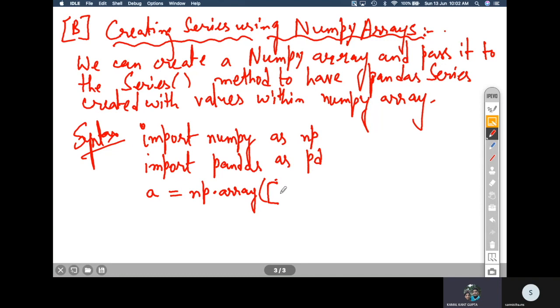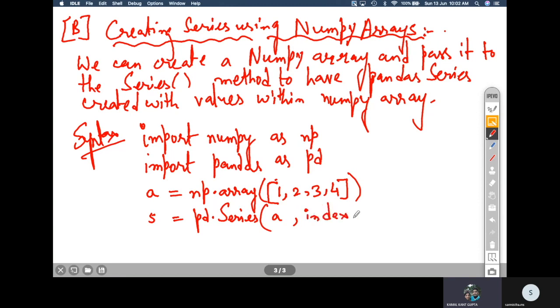So let us create it, for example, something like 1 2 3 4. This creates an array a, and now you can create a series s. You can write pd dot Series, keeping S capital, and you can pass here a. Instead of passing a list, you can pass this array, and then you can have your index. You can pass an index equal to, say,